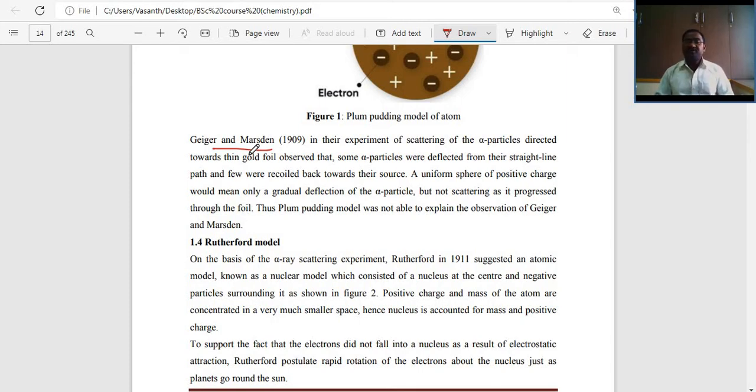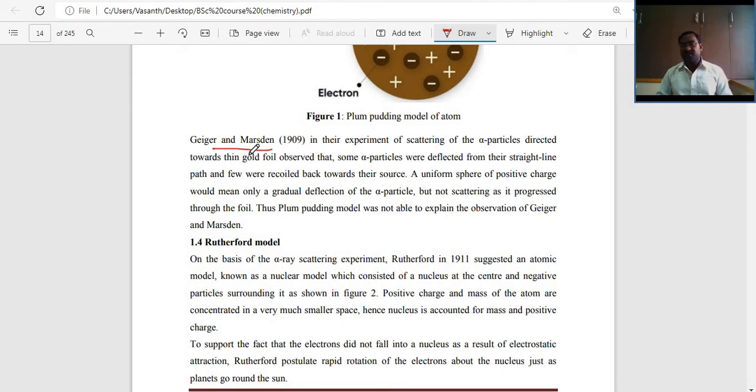A uniform sphere of positive charge would mean only a gradual deflection of the alpha particle, but not scattering as it progressed through the foil. Thus, the Plum-Pudding model was not able to explain the observations of Geiger and Marsden, and that is the failure of